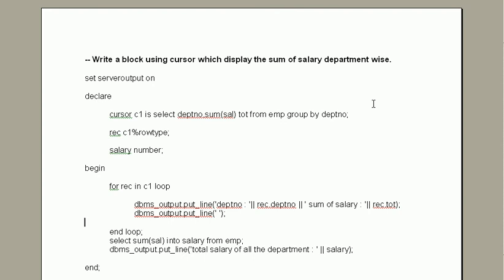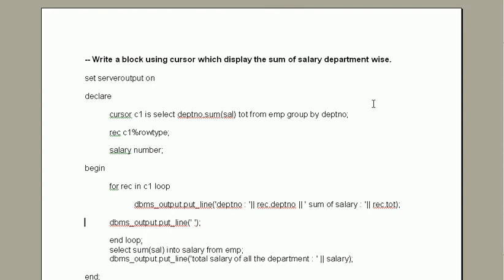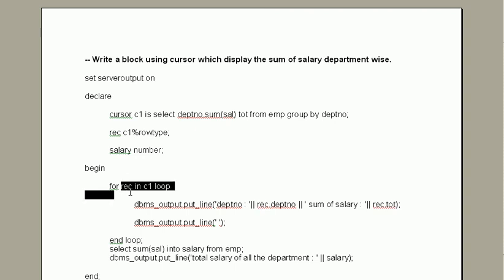And here you can see that DBMS output put line prints the department number, that is the first column, and the total TOT. So the syntax is REC dot department number. REC is our row type variable, in which every row has two columns: one is department number and another is total.